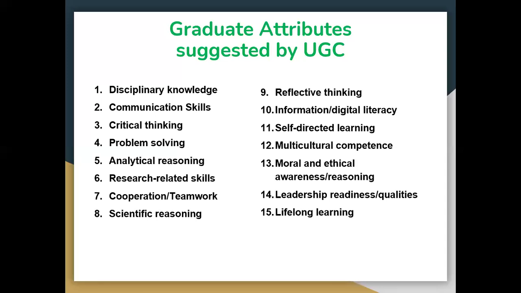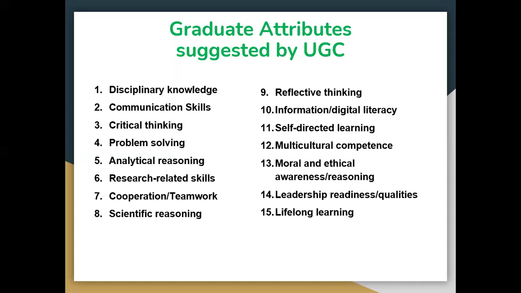So how do we design the PEOs? I have given an example of 3 PEOs, and PEO1 we have discussed again. So for that particular PEO1, what are the graduate attributes required? You can see communication skills is a must if you want to become a professional or an entrepreneur. Then there are other graduate attributes like problem solving skills, critical thinking. These are the 21st century skills identified in the new education policy also: critical thinking, problem solving, and creativity.